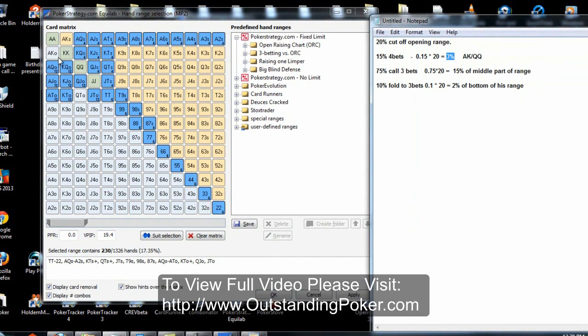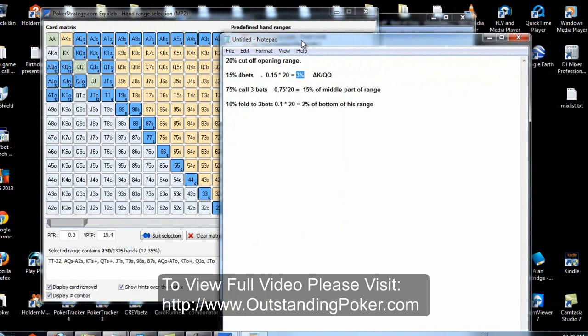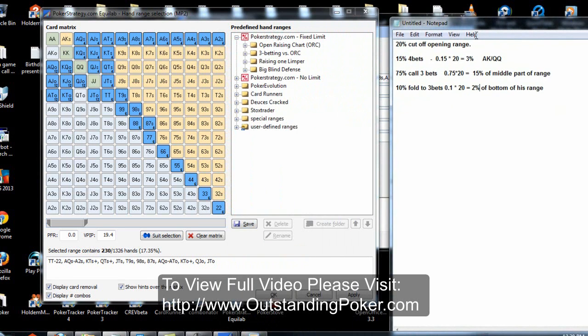So now we've taken that part of his range out. Now we need to look at taking the bottom of his range out, all the hands he's going to fold. This is going to be the bottom 2%. So we just need to find another 2%, all the kind of trashier hands it's probably